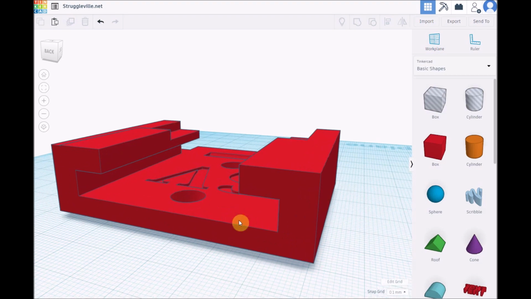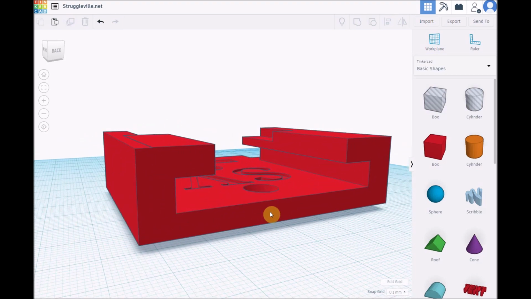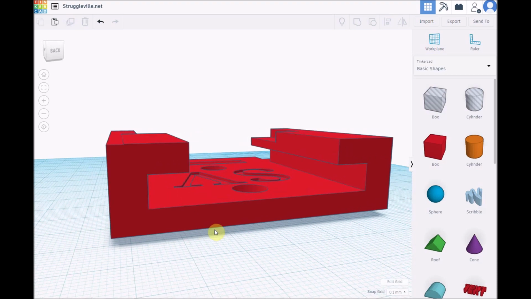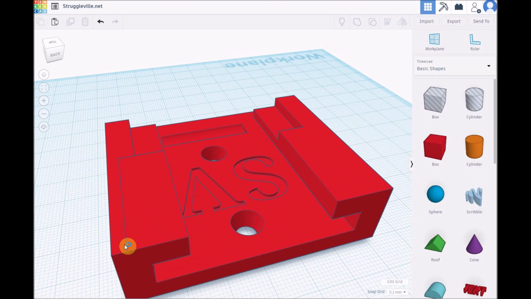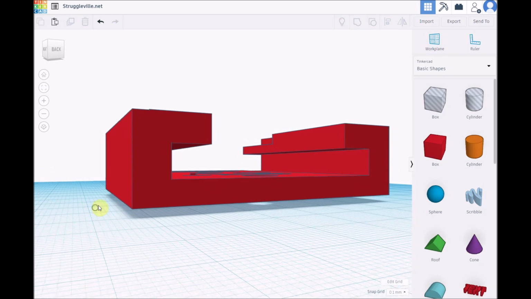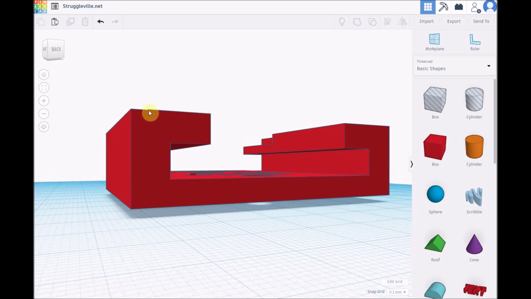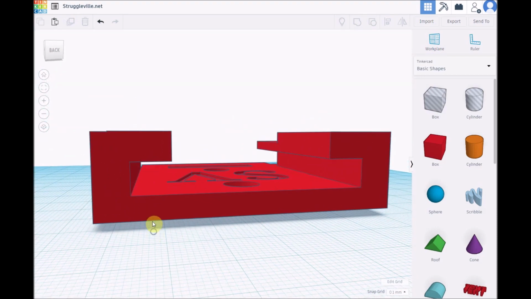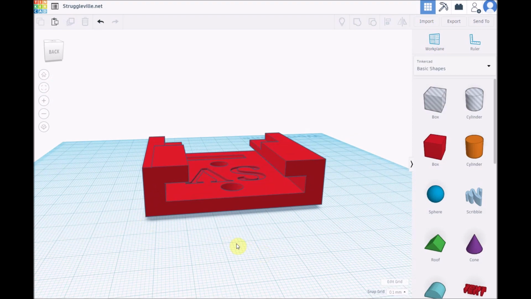When you zoom in, you can obviously get a closer look at things. And if we look over here, if you look at this plane, there's a very tiny step up. This square going along where this line is just a little bit higher than this plane there. If we get it just right, you can see how this line jogs up a little bit, and that causes this problem. So what I actually had was I was 0.1 millimeters too high with this object,